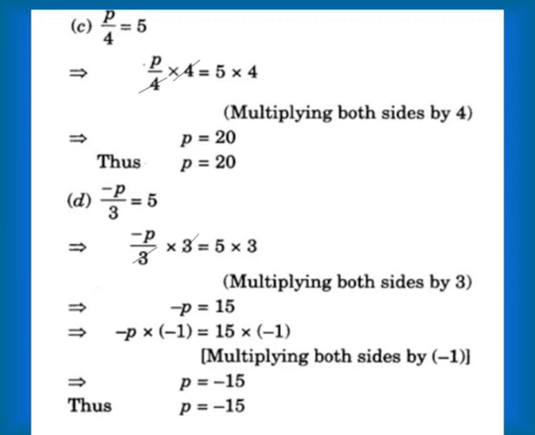Hence we got minus p is equal to 15. But our variable should not be with negative sign, so we are multiplying with minus 1 on both sides and it becomes minus p into minus 1, which is equal to 15 into minus 1. Now minus p into minus 1 will become p. And our RHS is 15 into minus 1, that is minus 15. Therefore, our solution is p is equal to minus 15. Keep that note. Our variables will never be negative. Only the constants will be negative. So we are multiplying here with minus 1.